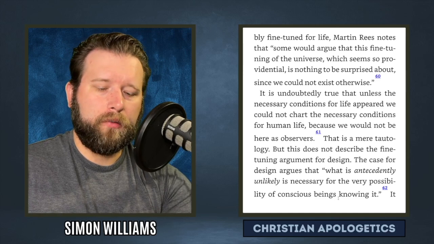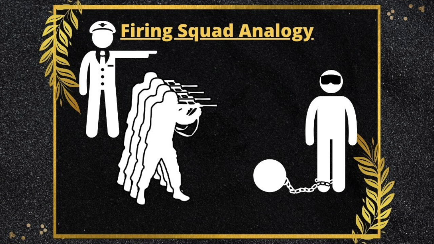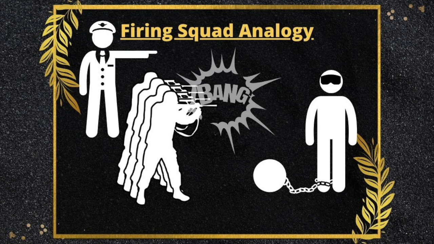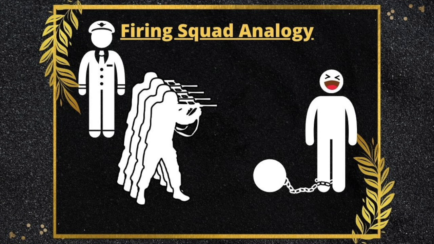I think that he goes this way, where it's a classic firing squad analogy. There is a man who is sentenced to die by the hands of a firing squad, and it's 50 trained marksmen, and the supervisor of the execution says, "Ready, aim, fire," and all 50 trained marksmen fire the weapon, and yet the condemned man lives. And he looks down at himself and thinks he's unharmed. It would be inappropriate for that condemned man to say, well, obviously they didn't hit me or else I wouldn't be here to wonder about this.